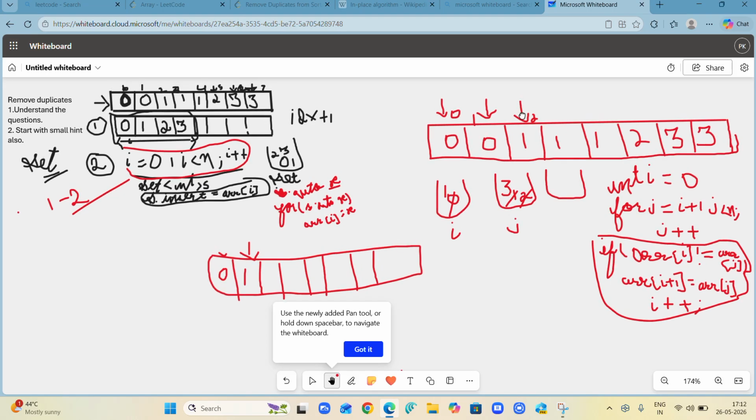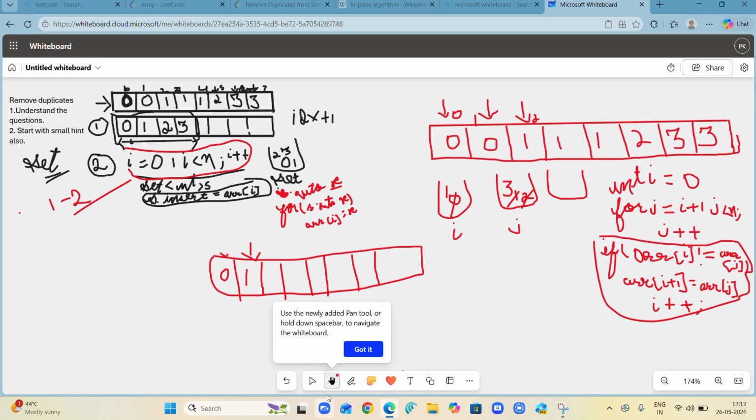Can't I remove it from here to here? Okay, I can. So now I'm comparing the array of first element, which is 1, with the array of the third one, 0: first, second, third. I'm comparing with this. So are you both same? Yes, same. No, then j became 4.